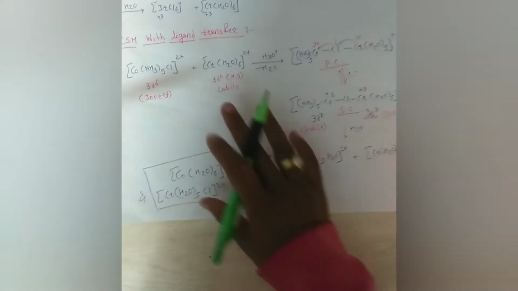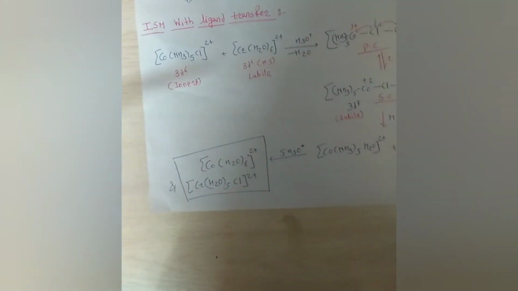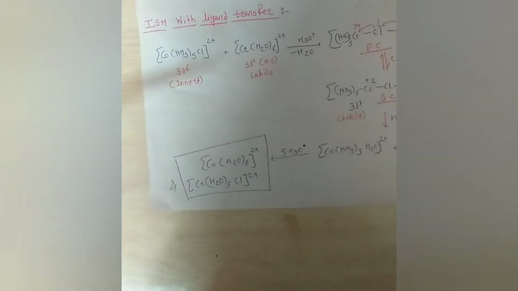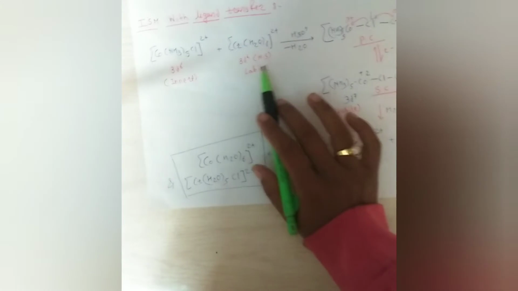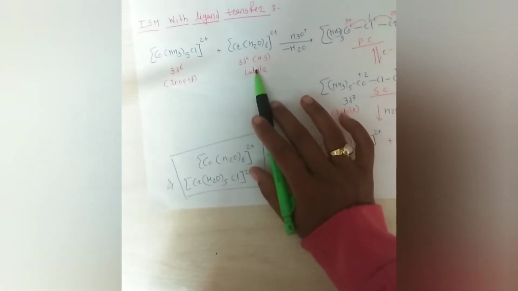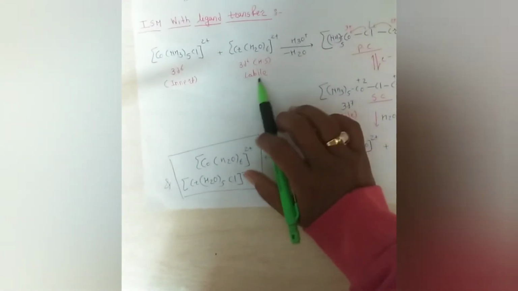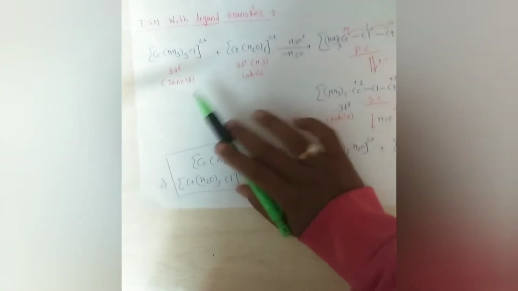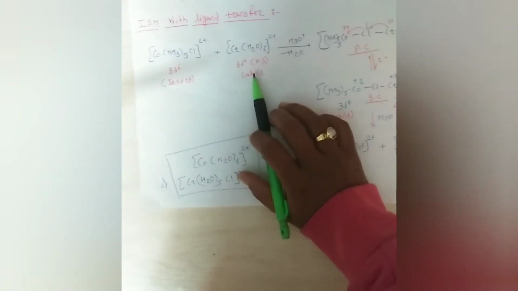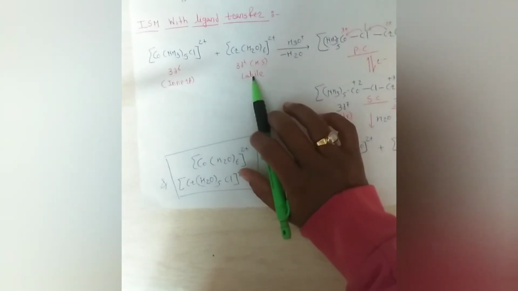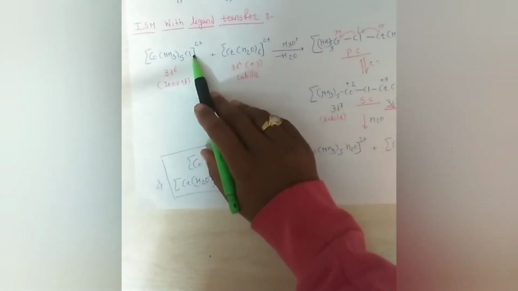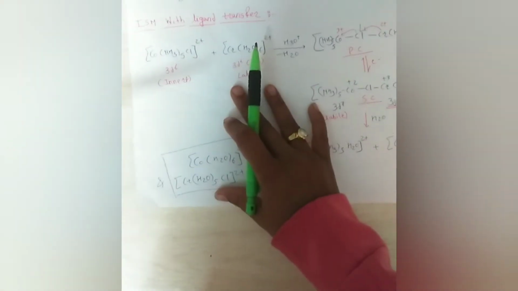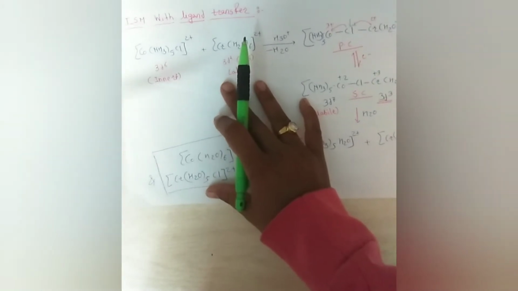Okay, so why do these two complexes go through the inner sphere mechanism? See here, in the first case the complex has the D6 system, in the second case the complex has the D4 system. Here the ligand attached is high spin and therefore the complex is labile. So one of the complexes should possess labileness, therefore this mechanism is inner sphere. Next, there is presence of a bridging ligand like chloride. Okay, so this particular complex is undergoing the inner sphere mechanism.